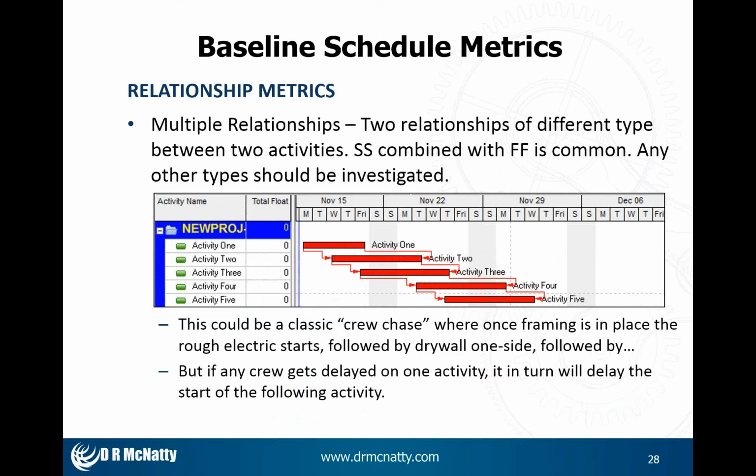Multiple relationships: two relationships of a different type between two activities. I look for this. The most common is start to start combined with a finish to finish. Anything other than this, you should take a look at what the intent is, what they are thinking. This could be a classic crew chase, where framing is followed by a rough electric, which is followed by drywall, and so forth. And this is why, on a lot of linear projects, you end up with a lot of